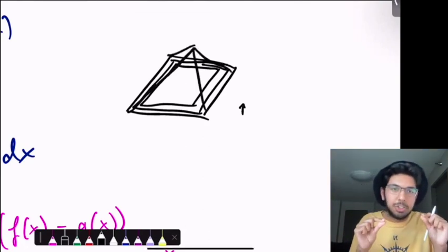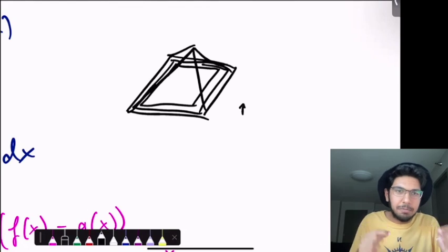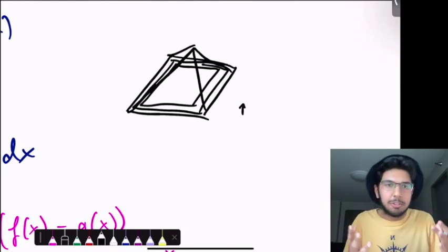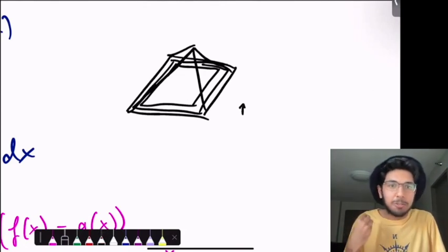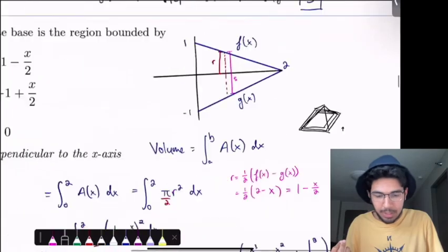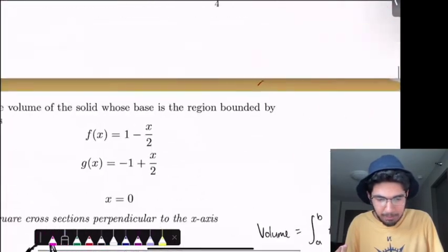And if you find the volumes of each of those tiny pieces of paper and add them up, you'll get the volume of the large figure. That's what we're doing here. The cross sections are the papers, and we're finding the volumes of those papers by using this